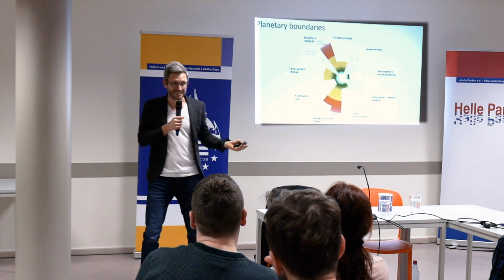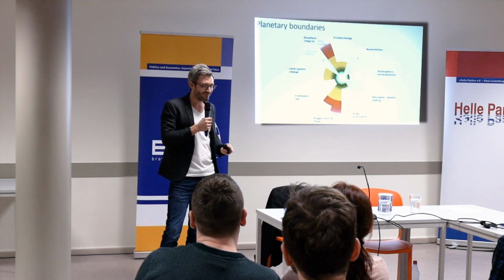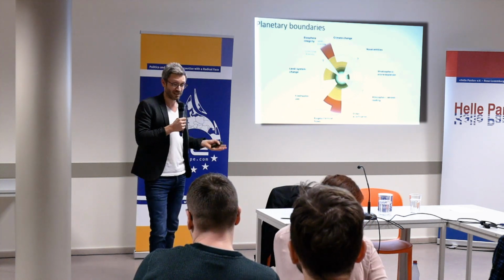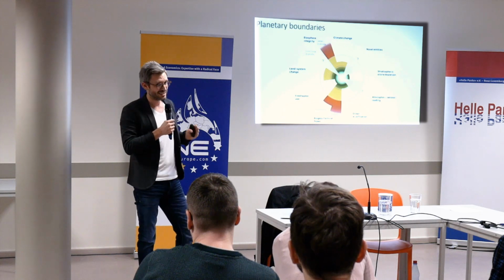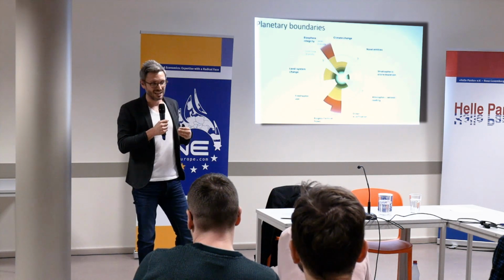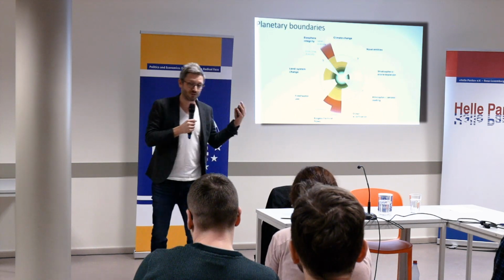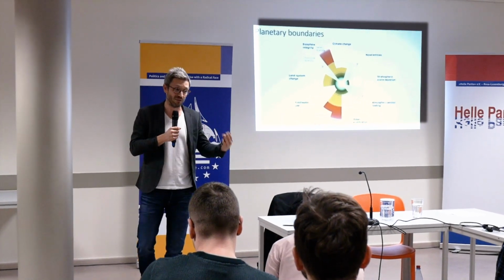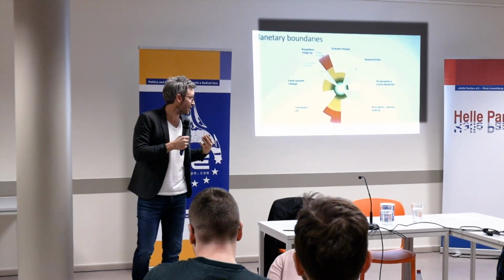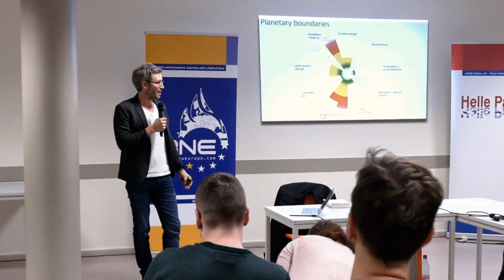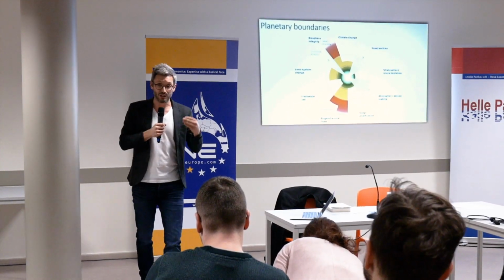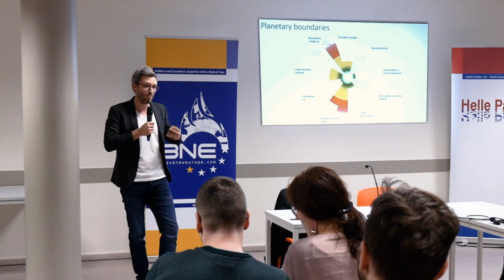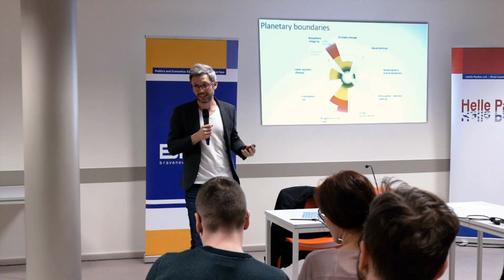What's interesting about this is that it gives us a new way to think about limits. The old way in the 1970s was that if we continue on with capitalist growth, we're going to run out of resources and GDP is going to start falling, okay? This is actually the wrong way to think about it. It's ecologically inaccurate. The planetary boundaries framework helps us understand that the real consequence here is that we begin to degrade the web of life. We degrade living systems, we degrade the stability of key Earth system processes. And that's what becomes a threat, not to GDP growth, but to living systems, including human civilization, okay? So this is a more accurate, more robust, more ecologically informed way of thinking about limits, right?